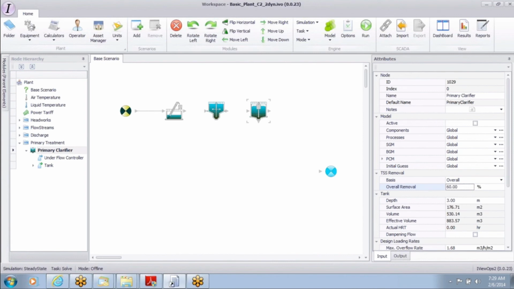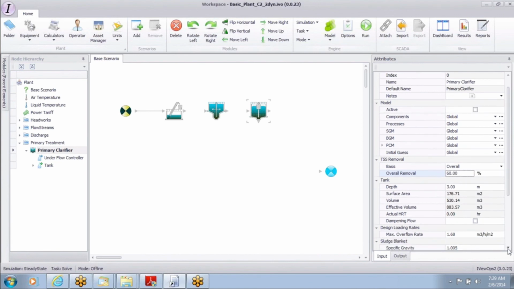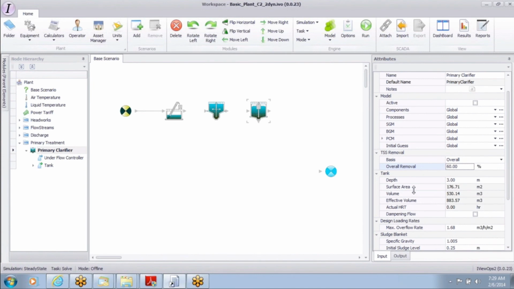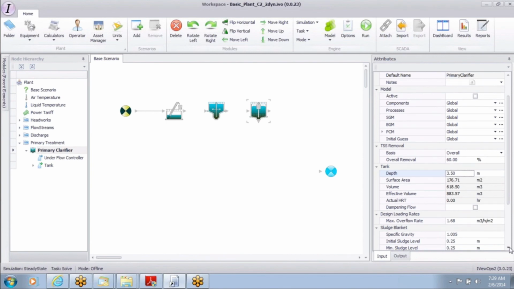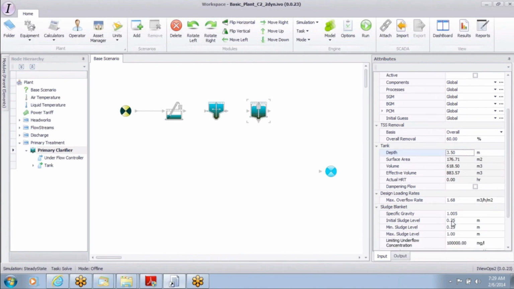Now you get into the tank features of the primary clarifier. Here we will set up two circular primary clarifiers. Let's say the primary clarifier is 3.5 meters deep. Now, the next thing you're asked under a primary clarifier are certain values over here, which we will skip at this time, but instead we will look at the two